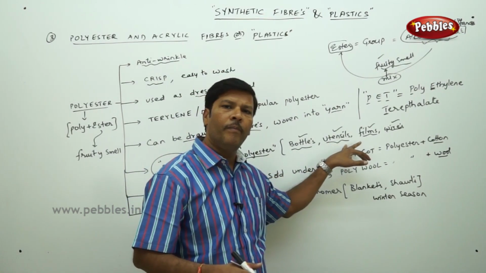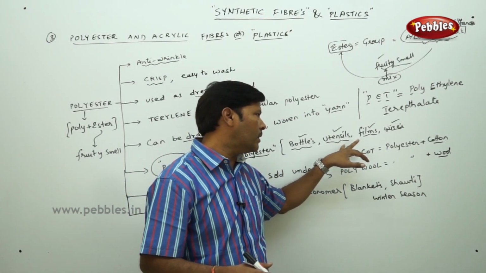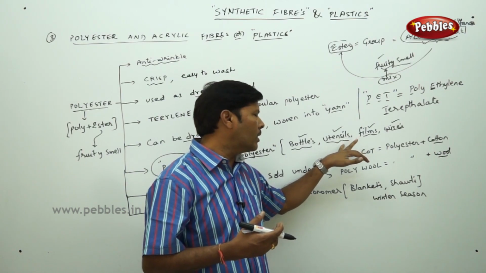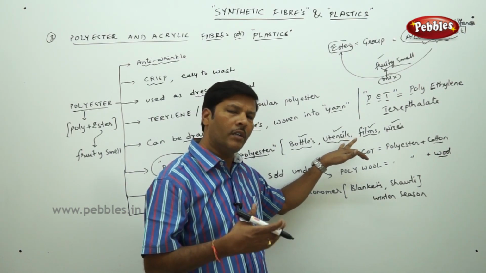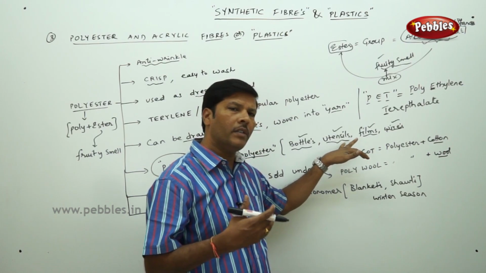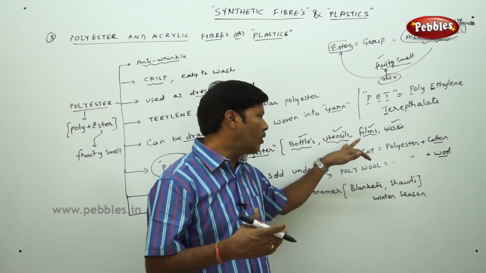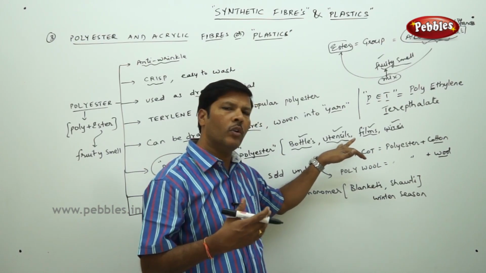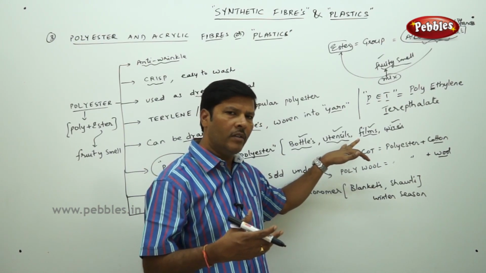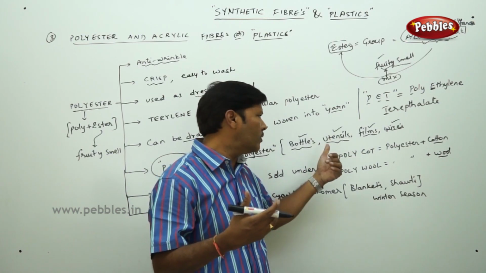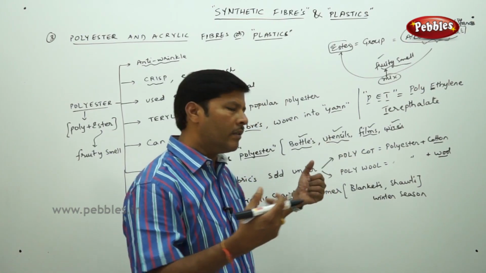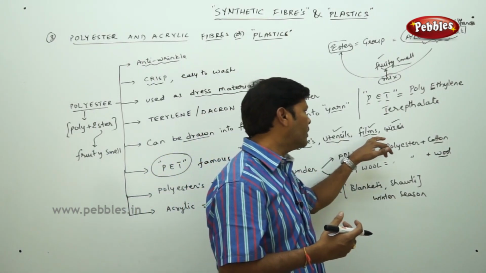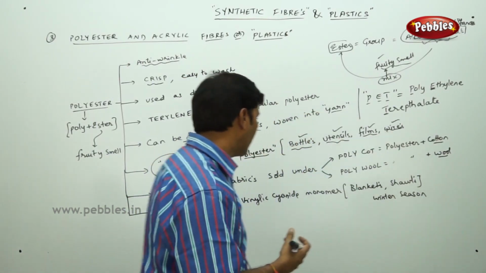Then utensils: actually utensils are heat resistant. They do not get melted when we heat them to a certain temperature, because they have another coating given to them called melamine coating. Any plastic which is given a melamine coating does not melt so easily, and it is anti-fire. These utensils have an anti-fire coating. So that's why we can use utensils, and films and wires also can be used.